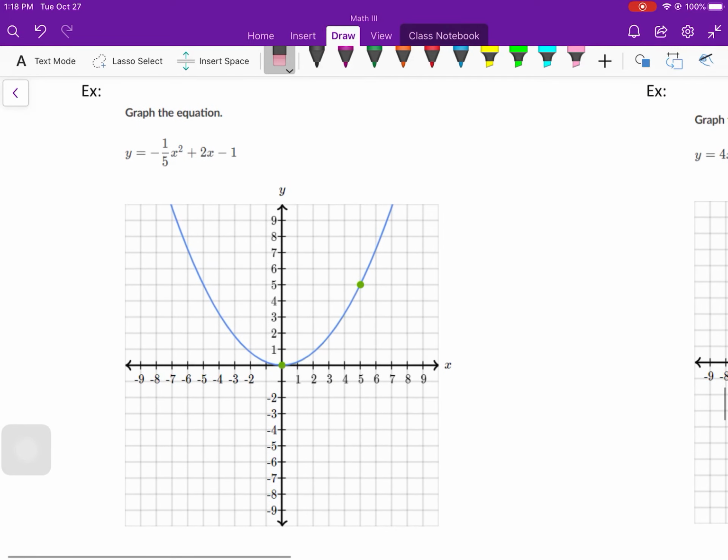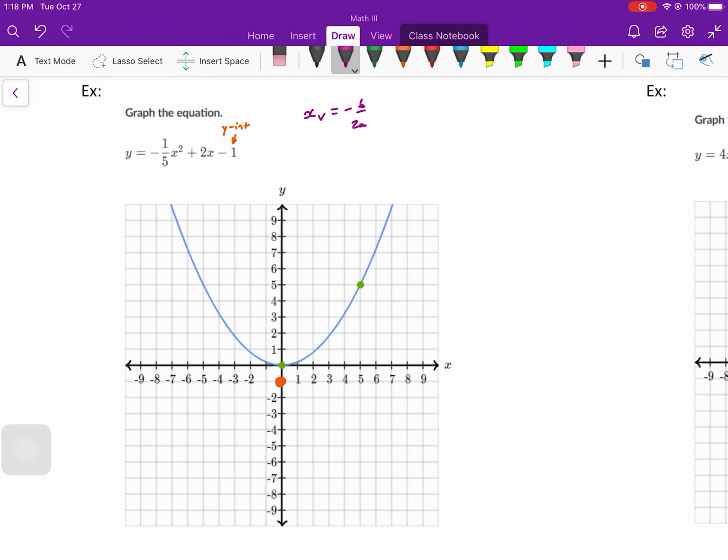Last, we have standard form. So with standard form, we learned our vertex formula. So let's start with the y-intercept. Y-intercept, super easy. The y-intercept is -1. Let's go ahead and come up with a vertex. So for our vertex,